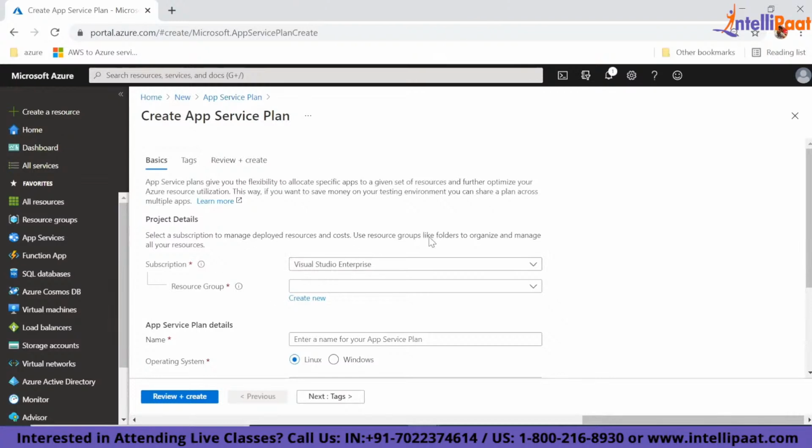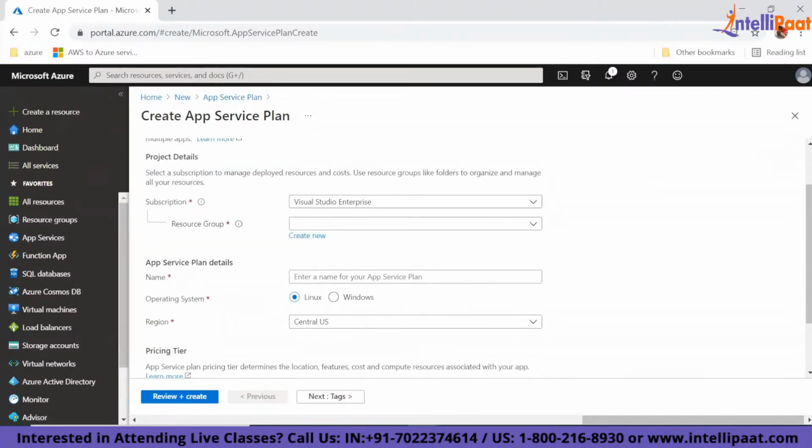So subscription has already been populated for me. So this is exactly what Amol said. It's basically a logical container, or you can call it a folder where related services can be put together. So I would say if you are just trying out a few things and if you are just starting out in Azure, create a resource group and create all your resources inside that. And once your demo is done or your training is done, just delete that resource group. That way you will not get charged for extra things which we are not using. If you don't put it in the right resource group, that may still incur some cost.